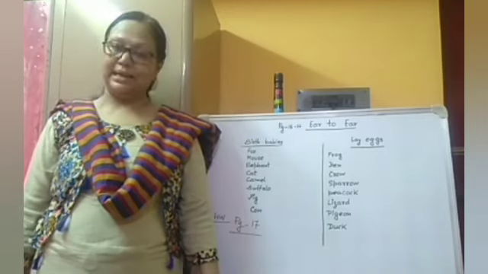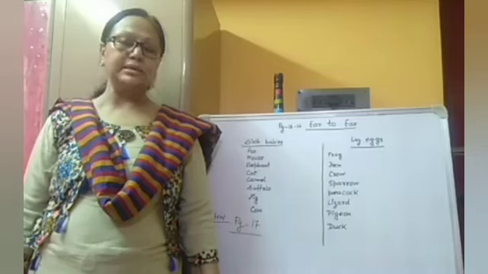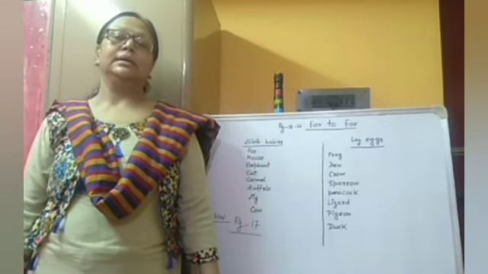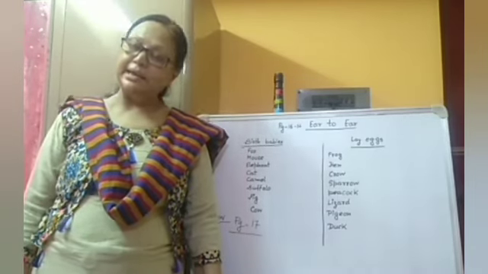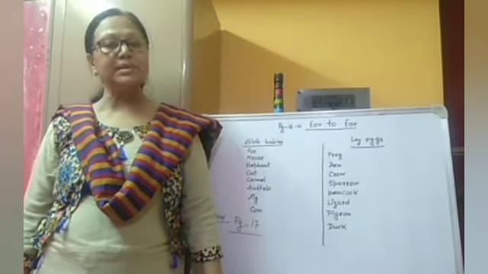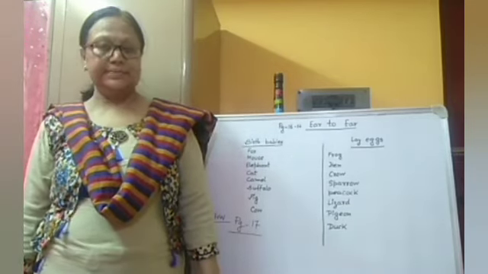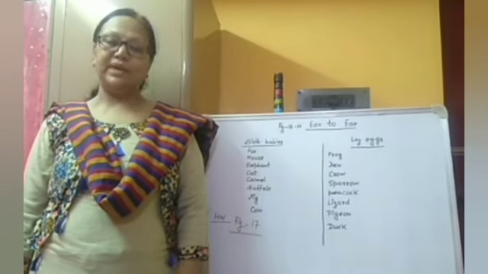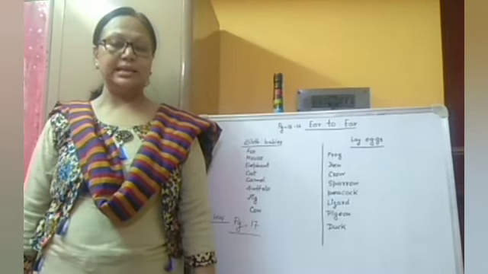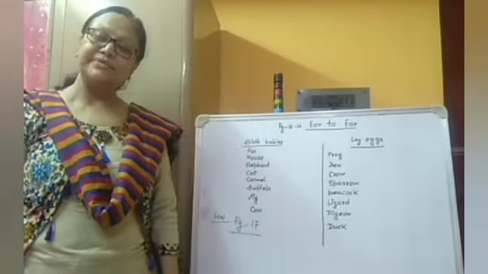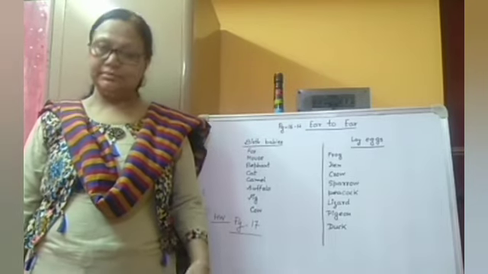In my last video we discussed the animals having feathers on their body surface and the animals having hair on their body surface, as well as the animals with an external ear and the animals that do not have an external ear, or whose ears are hidden in the feathers. And one more point we discussed was the hair pattern, by which we can recognize different kinds of animals by seeing their skin type or their hair patterns.